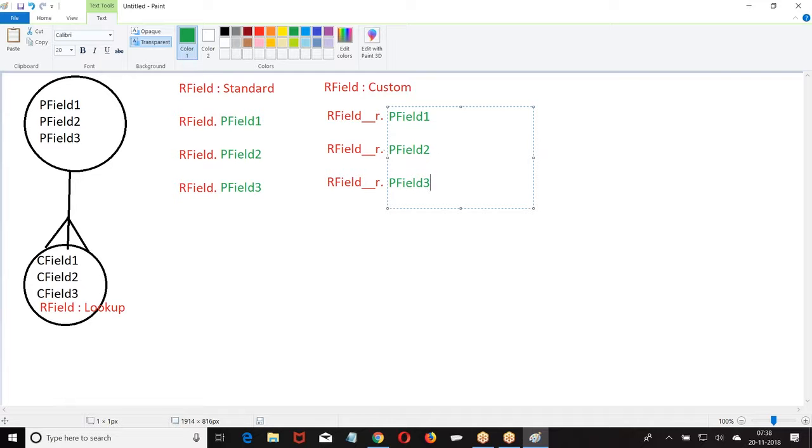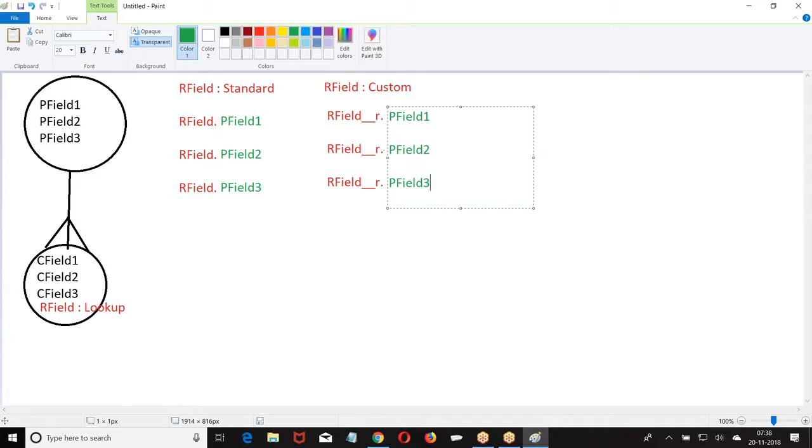Now what was that? If the lookup field is a standard field, it is the standard field dot parent field 1, standard field dot parent field 2, standard field dot parent field 3. If the lookup field is a custom field, it is R field underscore underscore R dot parent field 1, R field underscore underscore R dot parent field 2, parent field 3. This is how we are referring.